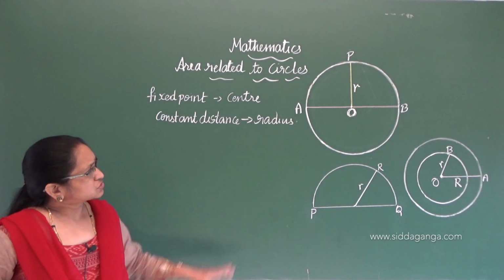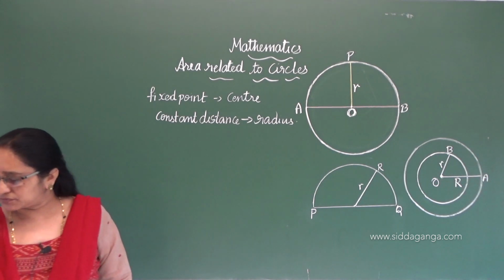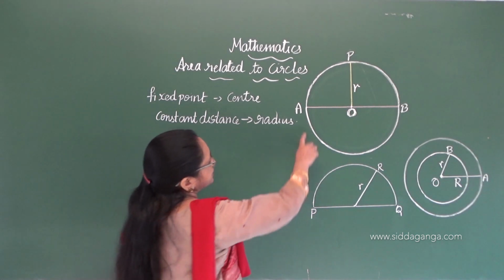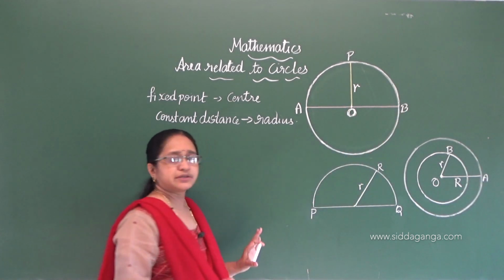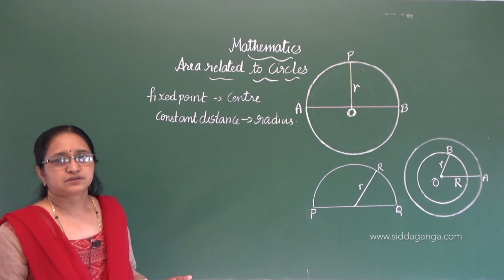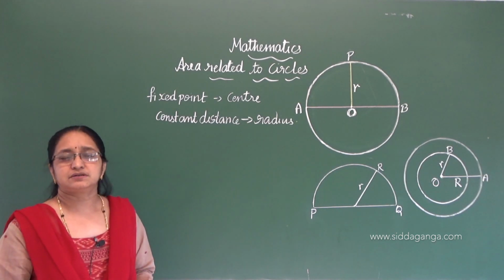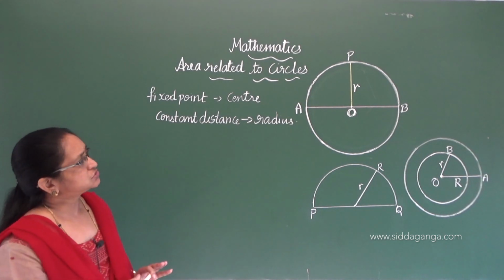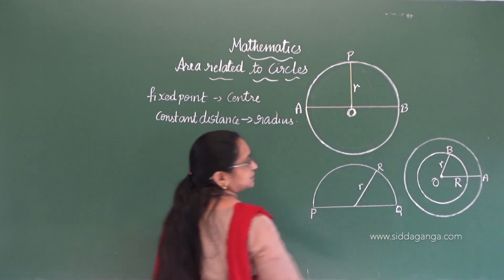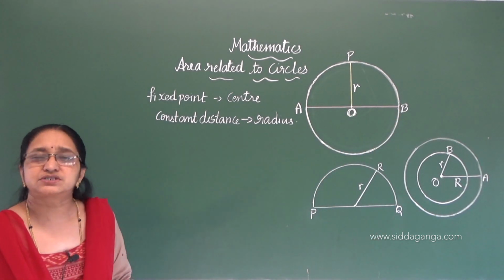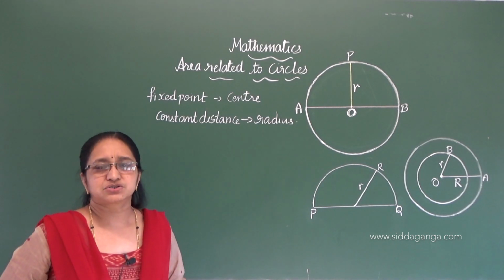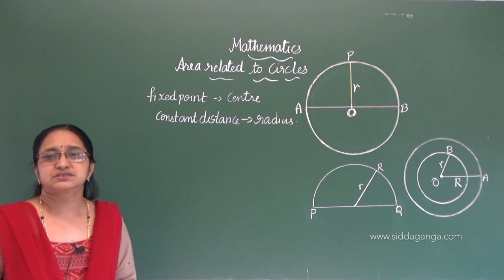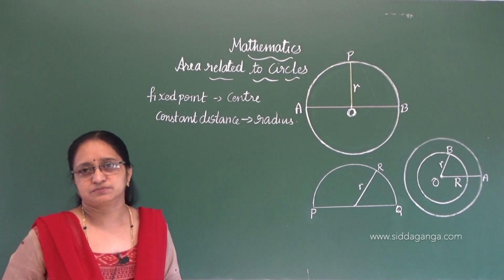So this is the circle. Next we have the diameter. What is the diameter, you all know? Here AB is the diameter. The line joining two points on the circle which passes through the center is called the diameter. And you also know about chords, you have studied in the lower class. Diameter AB is the biggest chord, correct?